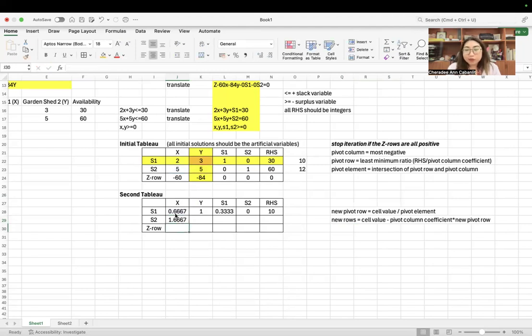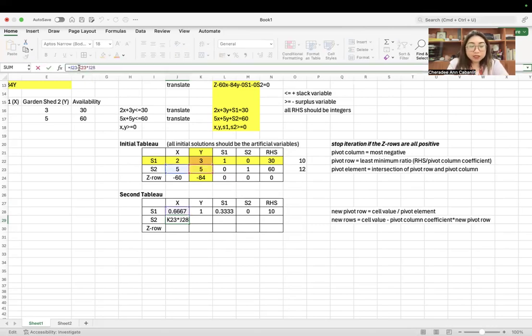So that's now 1.667. You can actually program that because the moving item is the pivot column coefficient, the column is not going to move. So you will provide a dollar sign to the column, which is the K.